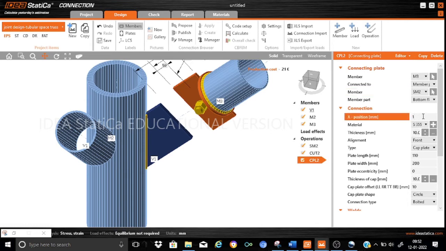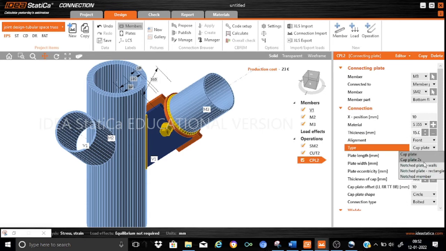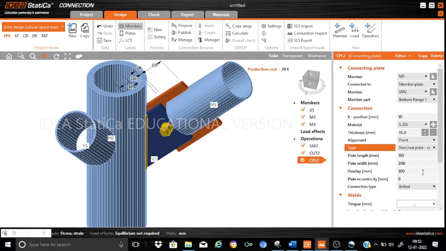The material we will keep as 355, and the thickness as 15 mm. That's good enough for us. The location will be kept as the front, and the type will be taken as a notched plate.